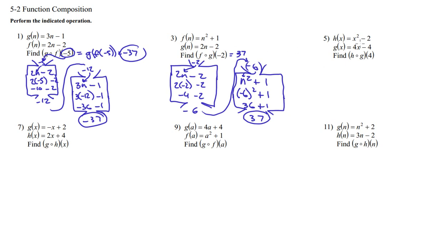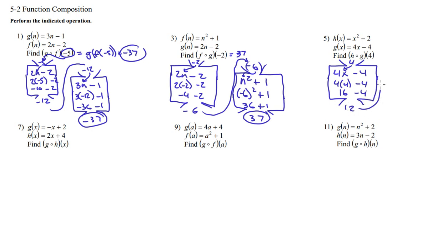Okay? 5. H of g of 4. So the 4 is going to go into the g machine first. So that is... Uh-oh, made my function machine wrong. Sorry. I really should put that as 4x minus 4, because that's the g machine, right? And then the 4 is going to go in, replace the x. So that's 4 times 4 minus 4. So that's 16 minus 4, which gives us